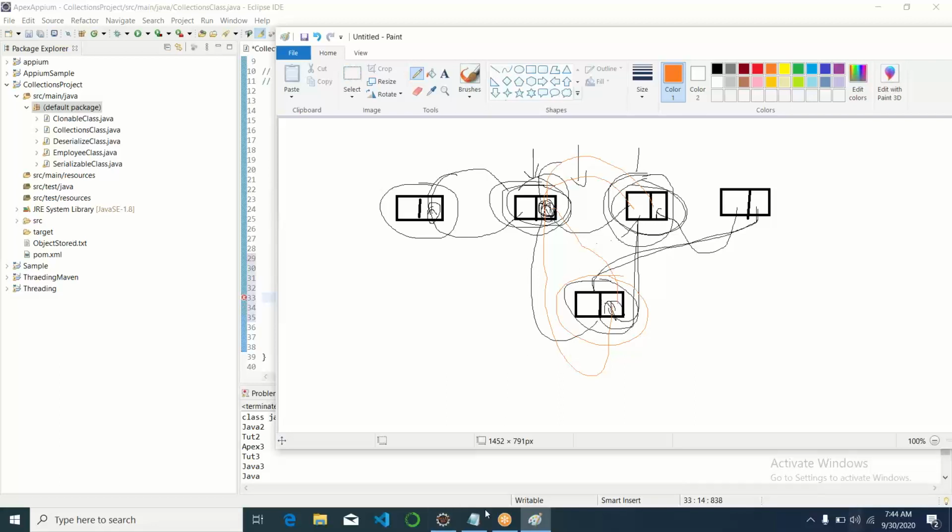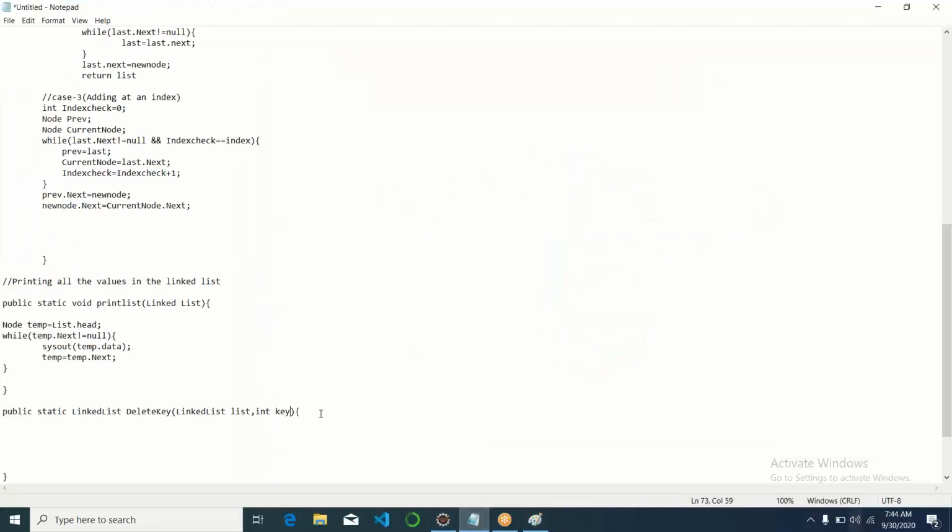So let's look at the first case. As usual, I need to take the reference of the head of the list. So I'm creating a reference variable, current node, equal to list dot head. So from here we will start. So case one is,